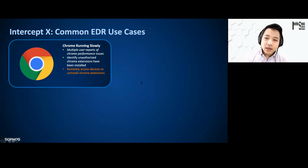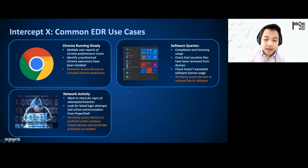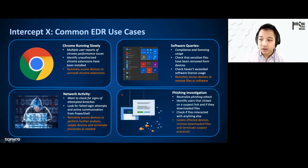Some of the use cases here: users installing unauthorized software on their systems, you can query systems that are missing certain security patches, and in any form of reconnaissance by bad actors, you can immediately query your network activities and carry out certain levels of investigation. This is more for organizations that have the capacity to do threat hunting with security analysts. So EDR allows you to do this remote threat response and threat hunting, leveraging Intercept X with EDR installed